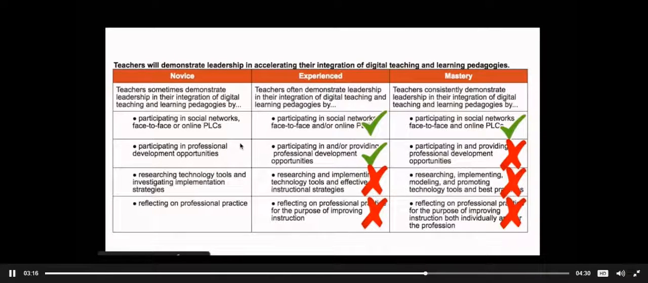Do I participate in social networks face-to-face or online PLCs? Yes. Do I participate in professional development opportunities? Yes. Do I research technology tools and investigate implementation strategies? Yes, I definitely think about the tools, research them, and put them into practice, but I might not know the best effective instructional strategies, and that's where I'm going to get my professional learning to help me grow in this